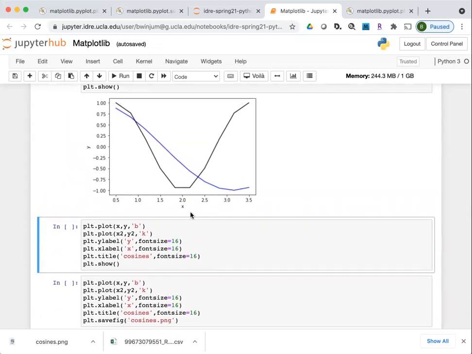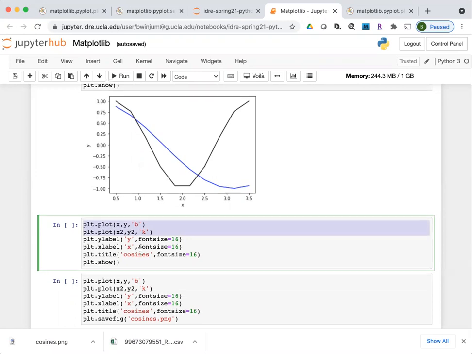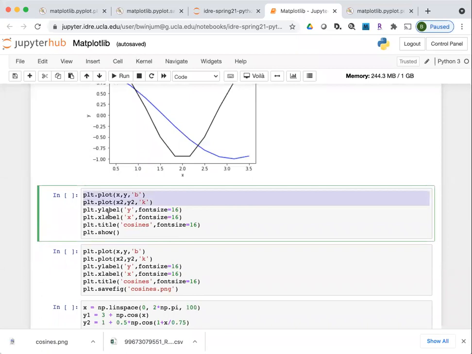You know, you can continuously build on these. So when you see a graphic that's been generated, say for a publication, there might be a lot of things to sort through, but a lot of them have something which is very simple like this for actually generating the curve. And then a lot of additional commands which tweak different elements of the graphic that you're looking at. So here I've tweaked the Y label and the X label even a little bit more. I've given it a different font size.